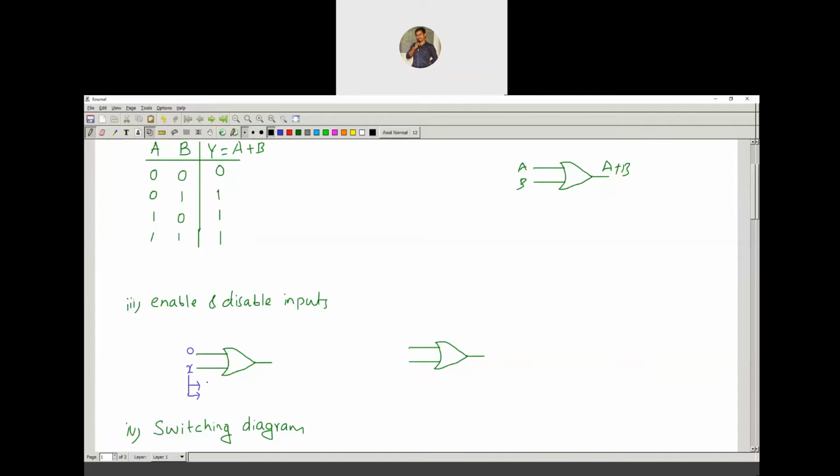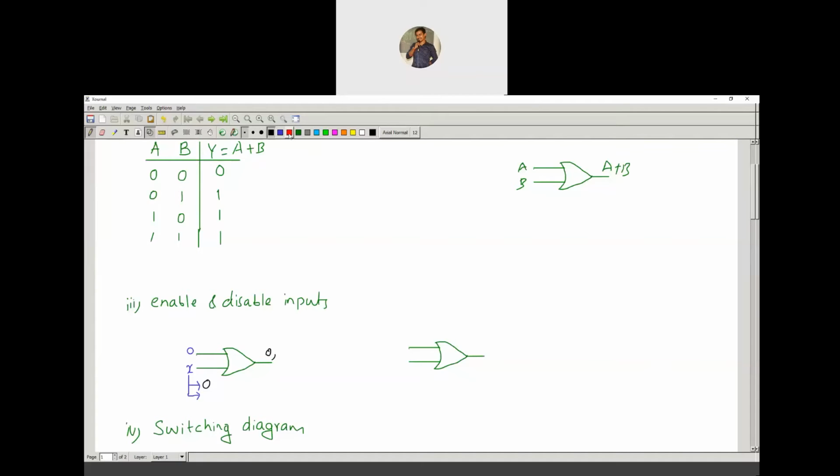Those are, x can be 0. When x is 0, what are the inputs here? One input is 0, and the other input is 0. So when A is 0 and B is 0, what is the corresponding output for the OR gate? You can observe on the truth table, when two inputs are zeros, the output is going to be 0.